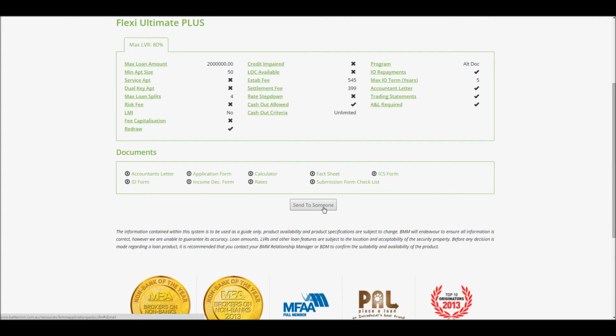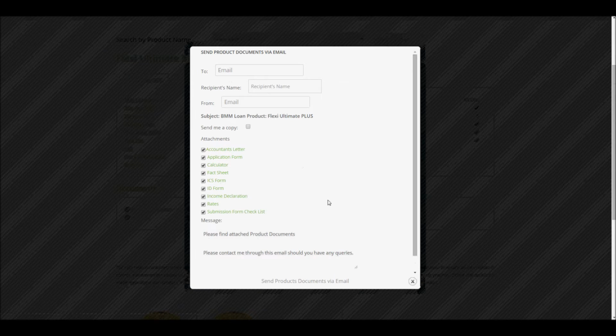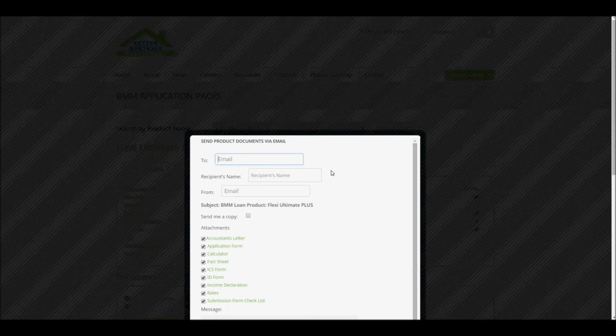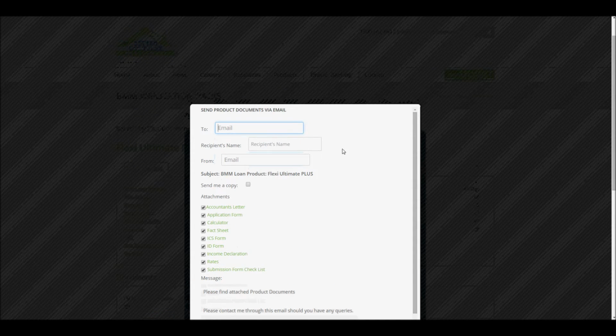Now, let's send this application to someone. To start this process, click on the appropriately titled button Send to Someone. Once loaded, begin by clicking on the white to box. This box will be where you will put the email address of the person you want to send this application pack to. If you only want to send an application pack to yourself, enter your email here. However, if you want to send it to someone else and still receive a copy, enter the other person's email in this field. For our exercise, I'm going to send it to